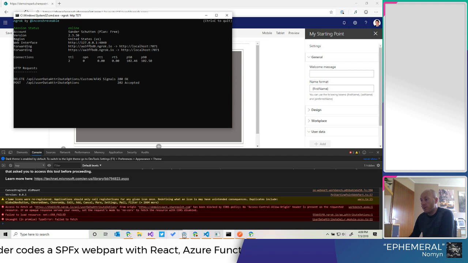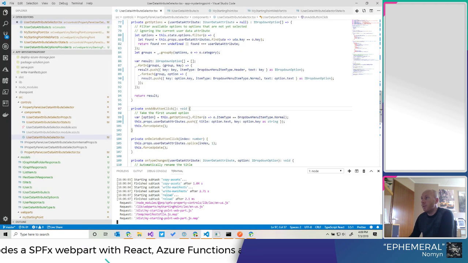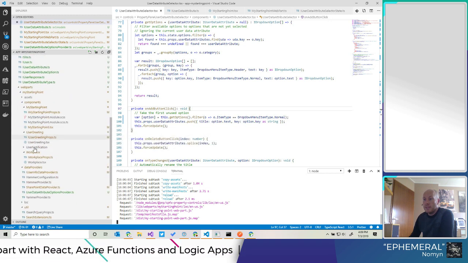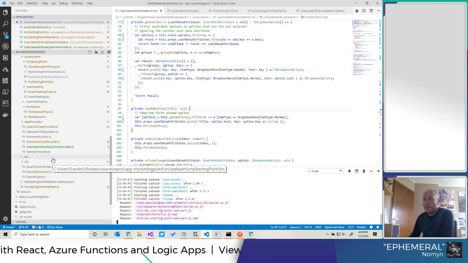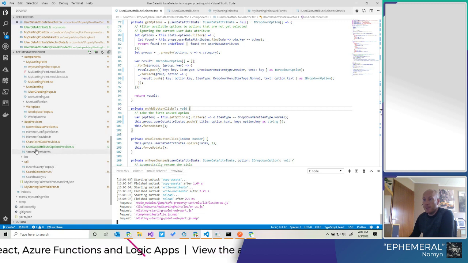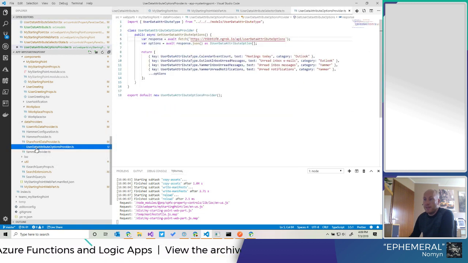So in order to fix that, let's go into our Webparts. Where was that located? The data providers. We added a user data attribute options provider. Sorry about that name.